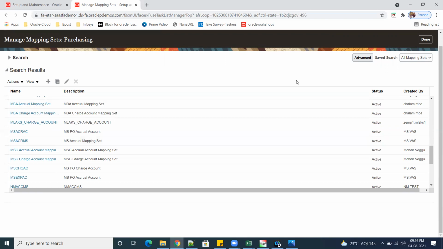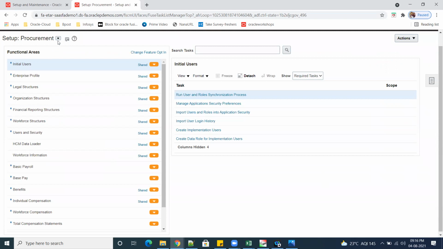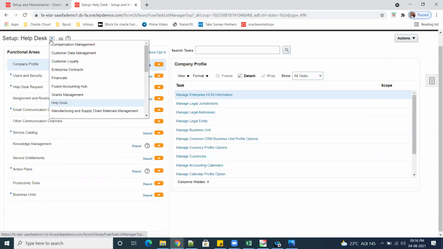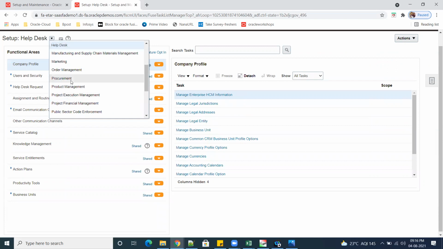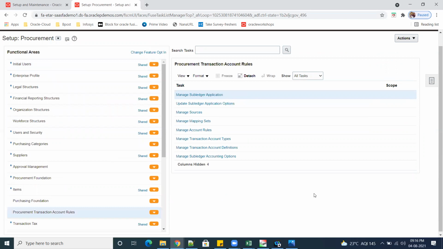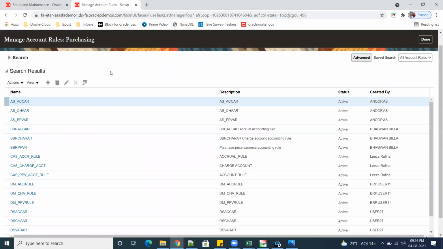So after the mapping set, then you need to map with the accounting rule. So go here, you select back to procurement again, open purchase transaction accounting rule, accounting rule, create, plus.